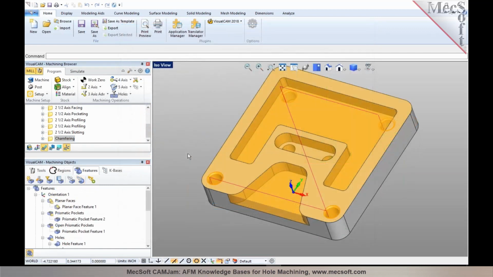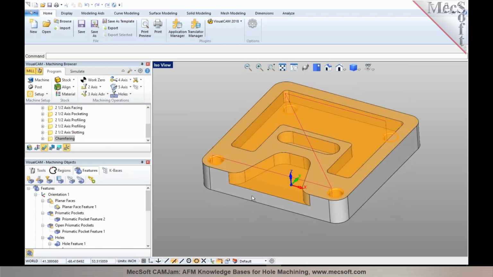So as you can tell here, the drilling operations are not in the knowledge base that we use for the automatic feature machining. So how could we modify the knowledge base to also include the drilling features? In order to include the drilling features, since the hole features and the milling features are different feature